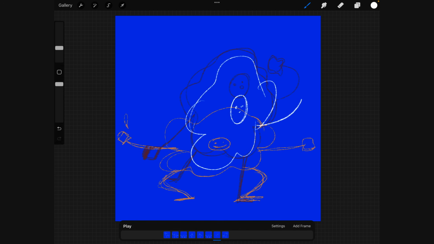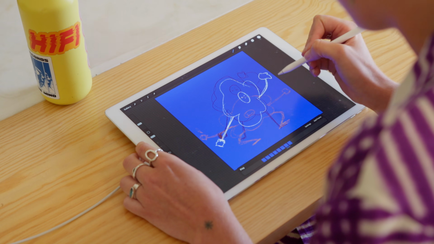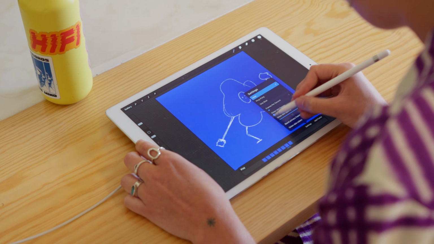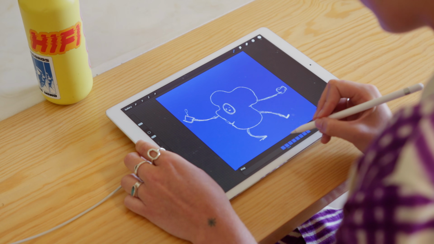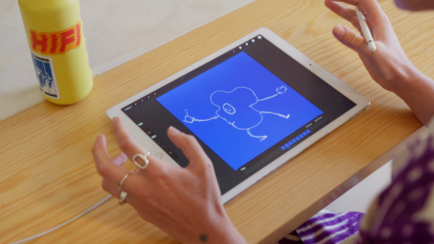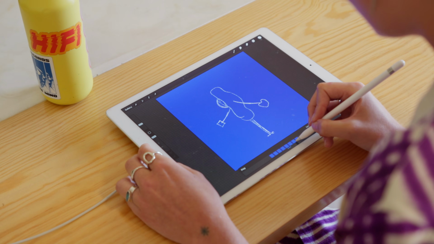We can have this arm starting to bend up and a little piece of toast, a little janky piece of toast here. And we're going from this arm kind of like that, slowly coming down a little bit. We can see already the lengths of the arms are changing a little bit, so we can go through and make sure that they are all even as well when we start cleaning this animation up. And turn this off. We want to make sure that this frame here is about the same as this frame. They don't have to be totally perfect. We're not going for a beautiful, symmetrical, amazing animation. We want a little bit of personality still in there, so it doesn't need to be exactly perfect.